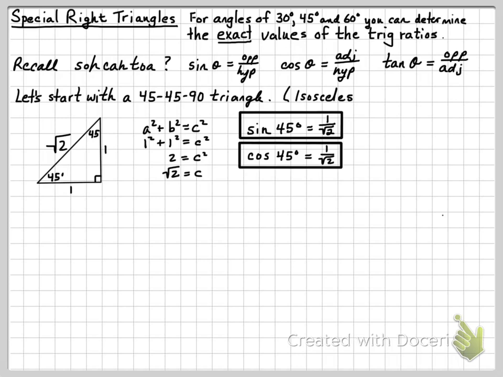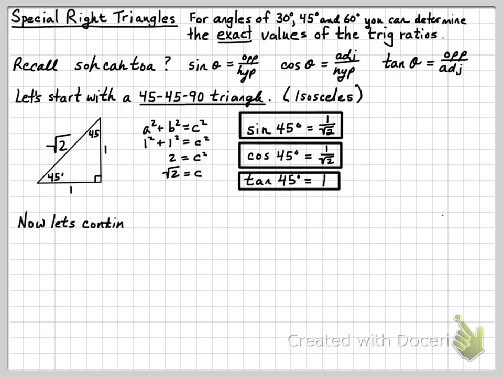Lastly, what's the tangent of a 45 degree angle? Well, the tangent of a 45 degree angle is going to be the opposite side compared to the adjacent side, which is 1 to 1, or just 1. There you have the sine, cosine, and tangent values in exact figures